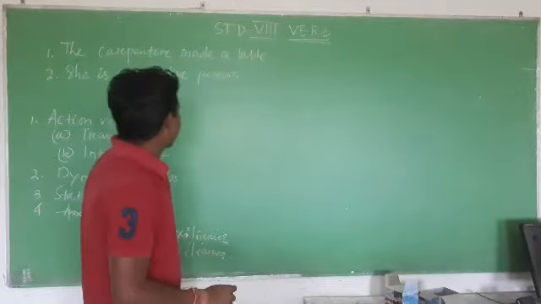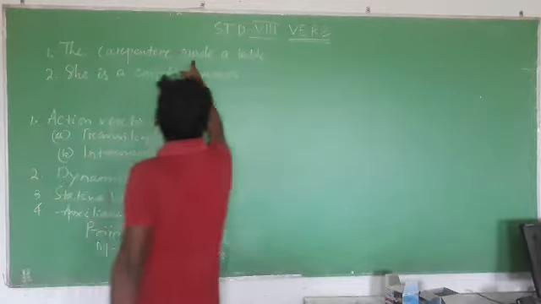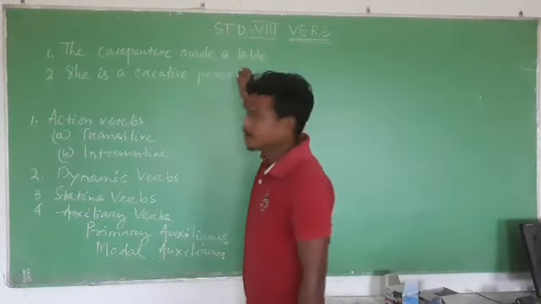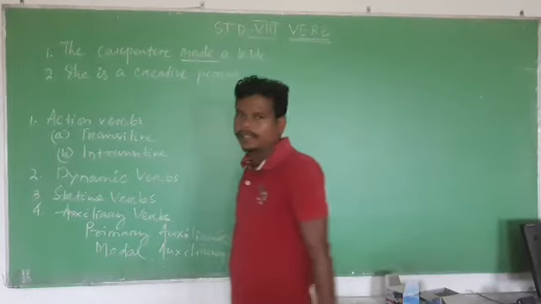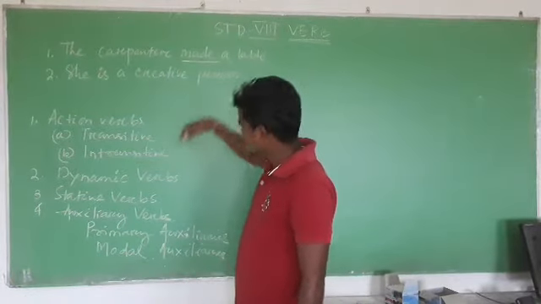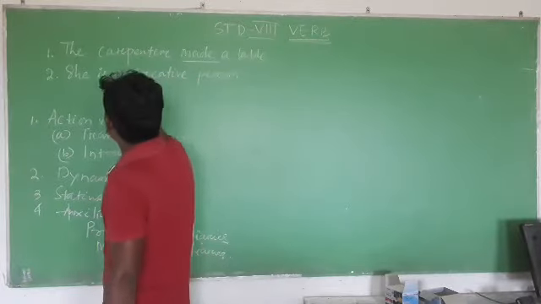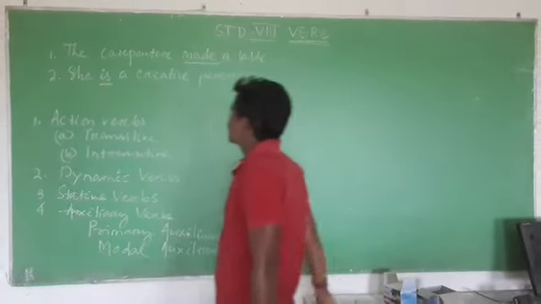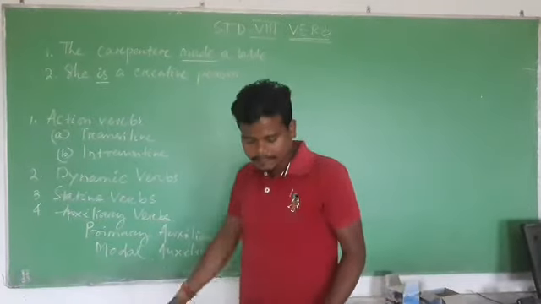So, verb. Let's see the sentence: The carpenter made a table. Here, made is the verb. Right? We will discuss what it is saying. Next sentence: She is a creative person. In the first sentence,